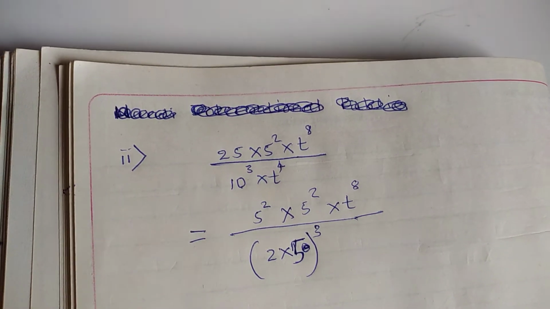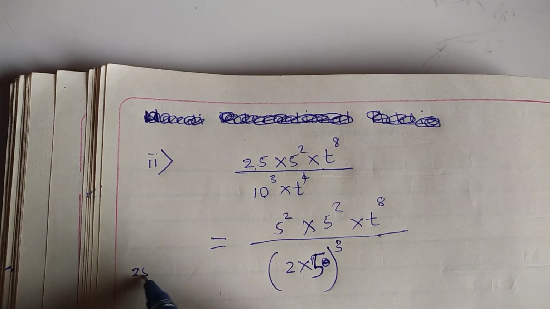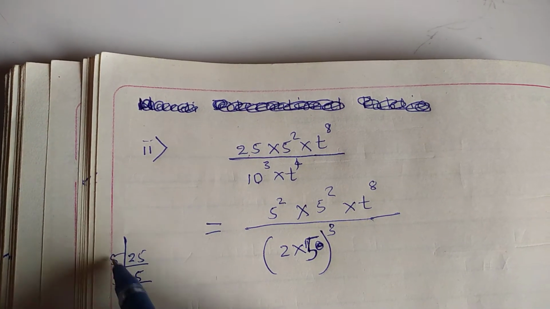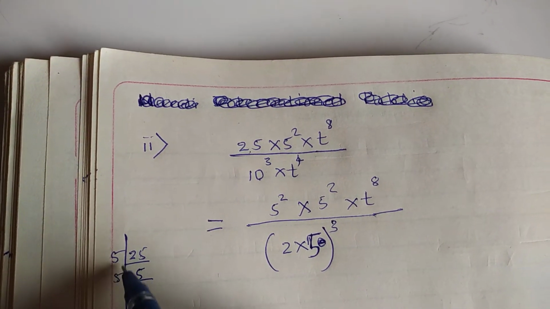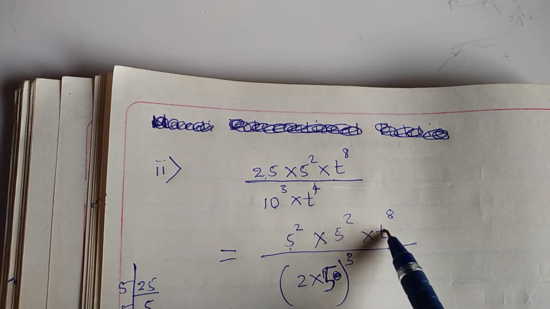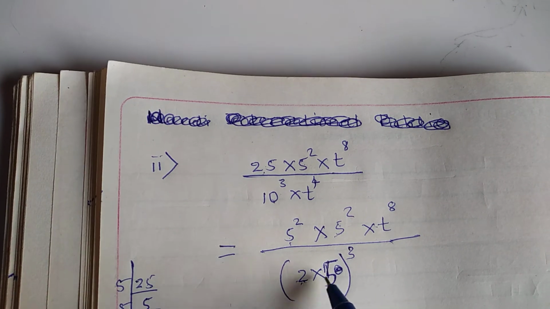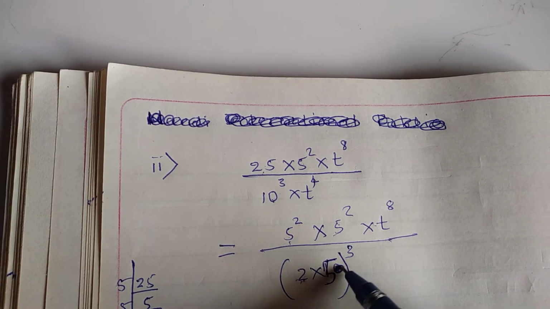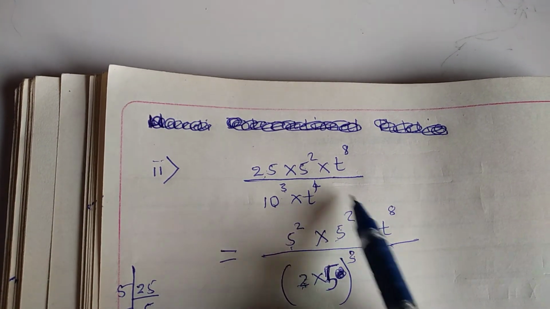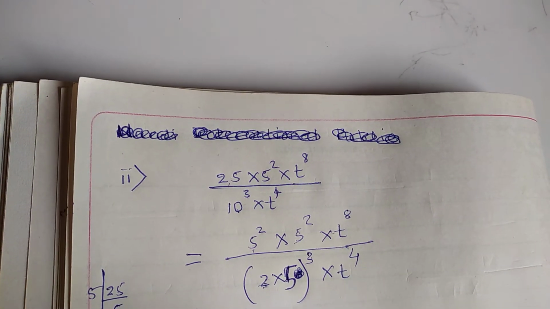See, let me repeat this step one more time, students. This 25, you have to find the prime factors of this 25. 5 5s are 25, which means it is 5 square. Remaining I wrote as it is here, and this 10 we have to write as 2 into 5, bracket raised to 3, and this t raised to 4 write as it is. Okay, so the next step is that